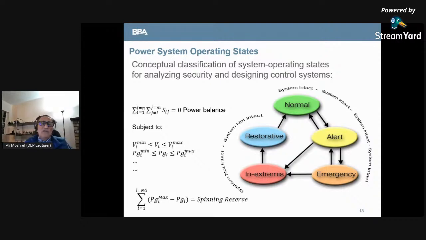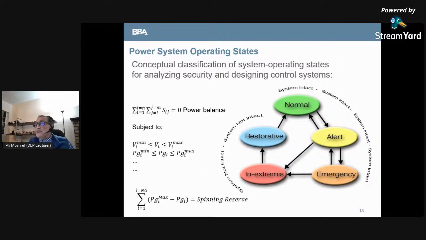And what normal state means is that the power is balanced, that I have generation and load, and I meet the load demand of the whole country and any contract that I have between Iran and Turkey or whatever. So I meet all those criteria as well. My voltages are good, my generation is within limit, and I have enough spinning reserve. There are other constraints and inequalities that we respect in power systems, but the spinning reserve is one of the most important parts. What it means is how much available generation is not being utilized right now,